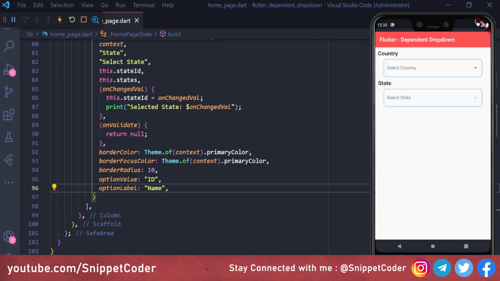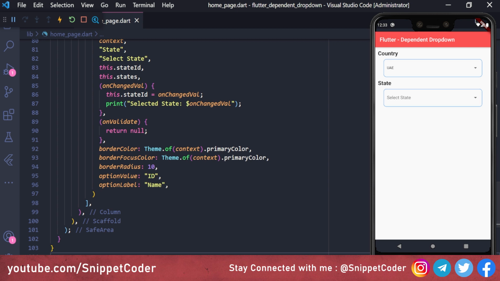So here we are getting the state. Now if I select the dropdown for the state, it will not work because that state array is empty here. If I select any country here, you can see that data has been filled in the state here. If I select here, you can see we are getting all the states of that country, India. So if I select any country, it is working fine. If I change the country to UAE, you can see the state has been cleared, and if I select here, we are getting the data for UAE.